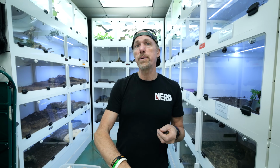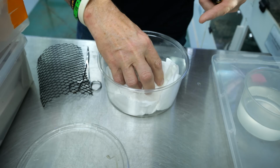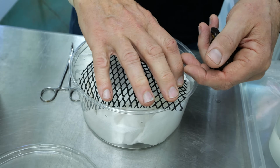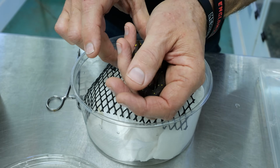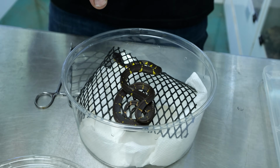Boiga dendrophila can be very persistent, problematic feeders because they want to eat lizards and frogs. In this case, I'm going to show you a melanota, and this animal sometimes will not eat for a while. So the first thing we can do is we can cup them, and cupping them is as simple as this. So we can take this little mangrove snake, and since they like to come out and kind of climb on things, you can put them like this, and then what we would do is you put a live pinky